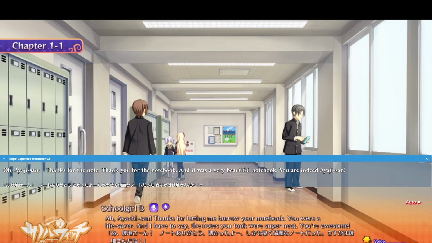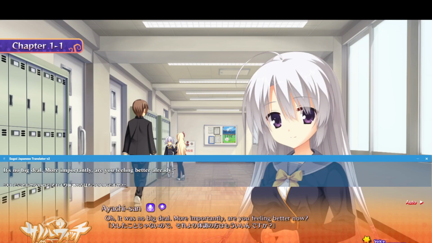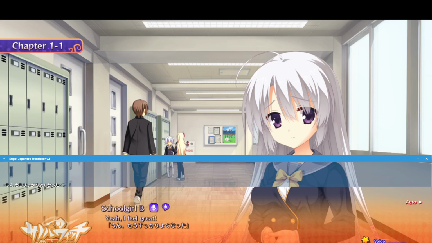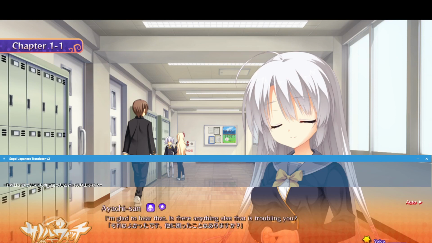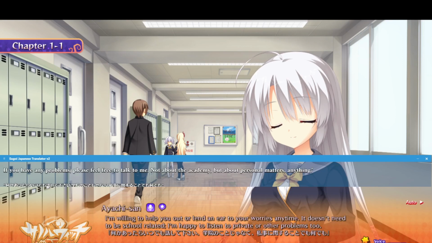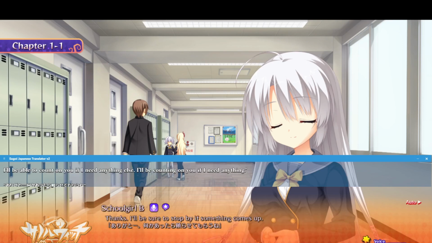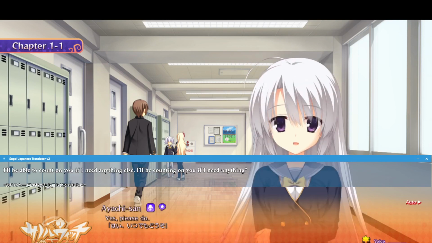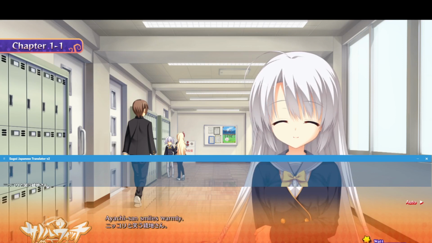Another flaw I'm seeing is that Nene's last name is Ayachi, and sometimes they get it wrong. That's because machine translation kind of has to guess what the name is, and kanji might not match up with the character's official declared name. Yeah, that's another. I said Ayaji, even though it's supposed to be Ayachi.